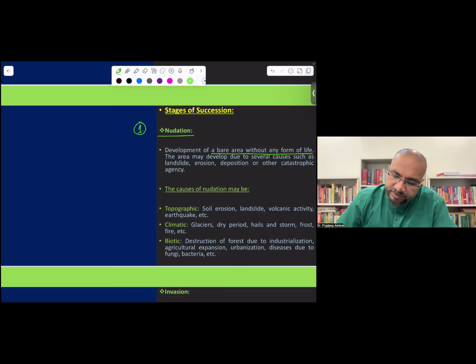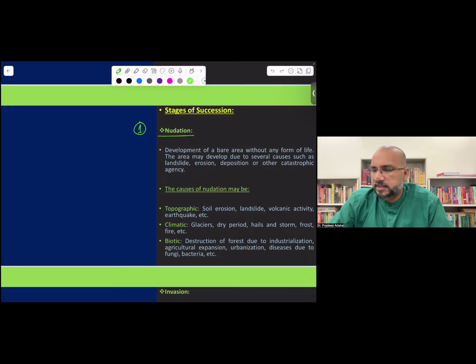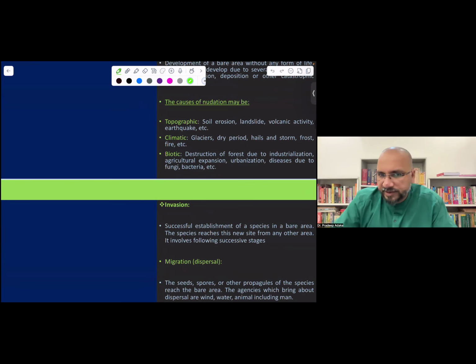The area may develop due to several causes such as landslide, erosion, or some other calamity, or it is bare rock where the succession will start after the lava has solidified, so it has turned into rock. So life will start slowly on this bare rock. So nudation is the first step. Nudation means absence of any life. It may be caused by